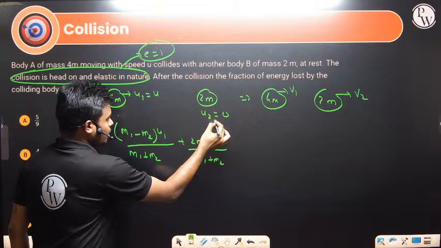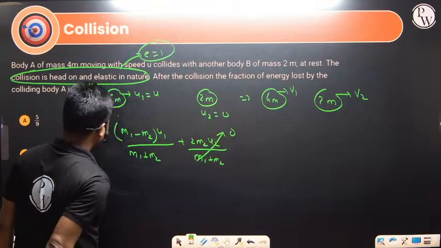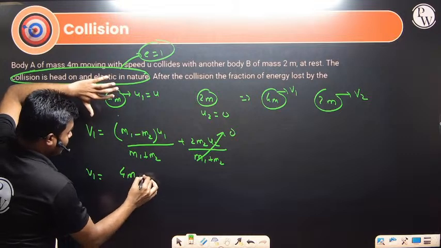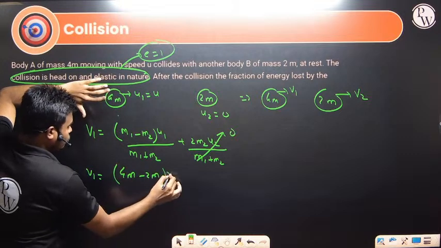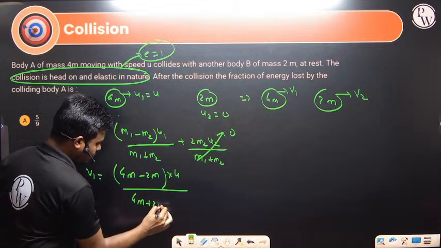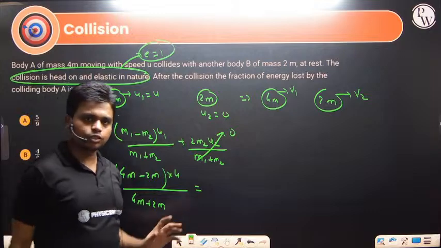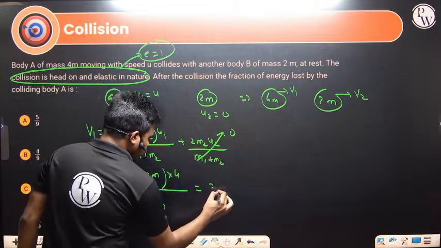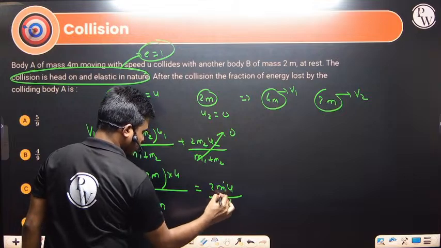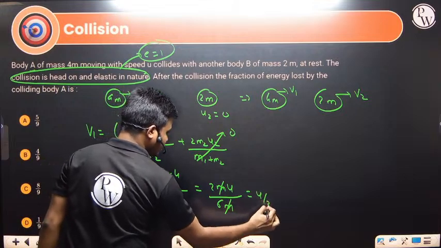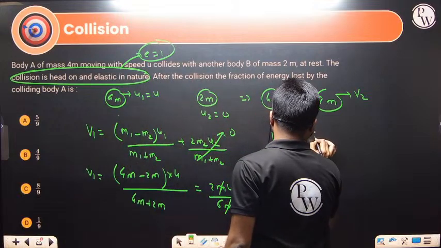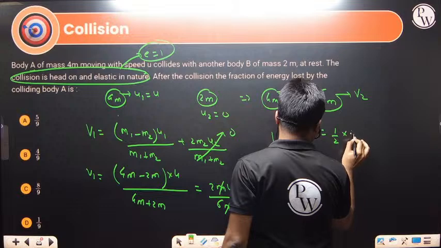And what is u2 value? 0. So this product term will become 0. So what is v1? We are getting this. Put the values: 4m minus 2m into u1. What is u1? U divided by 4m plus 2m, that is 2m u divided by 6m. So how much are we getting? U by 3. So if I ask you what is initial energy, the kinetic energy initial is half into 4m